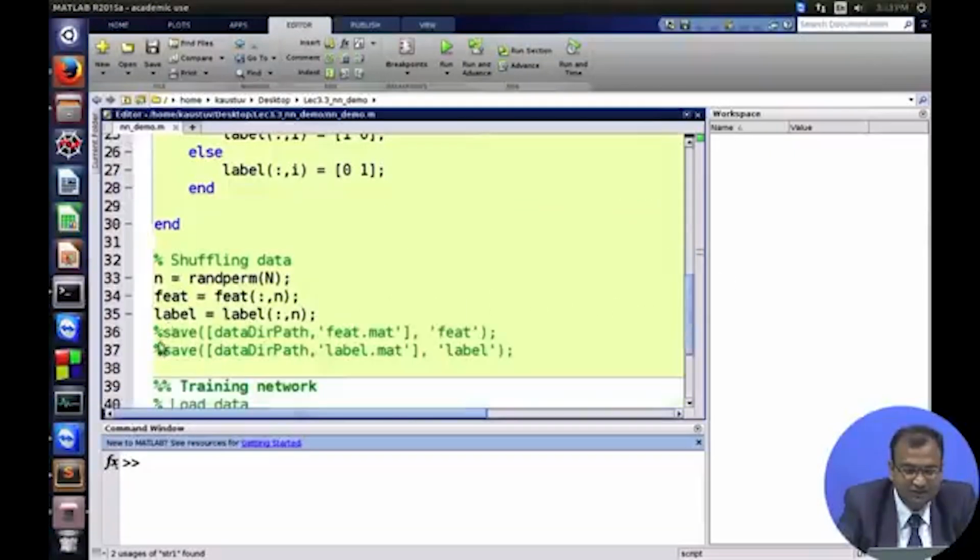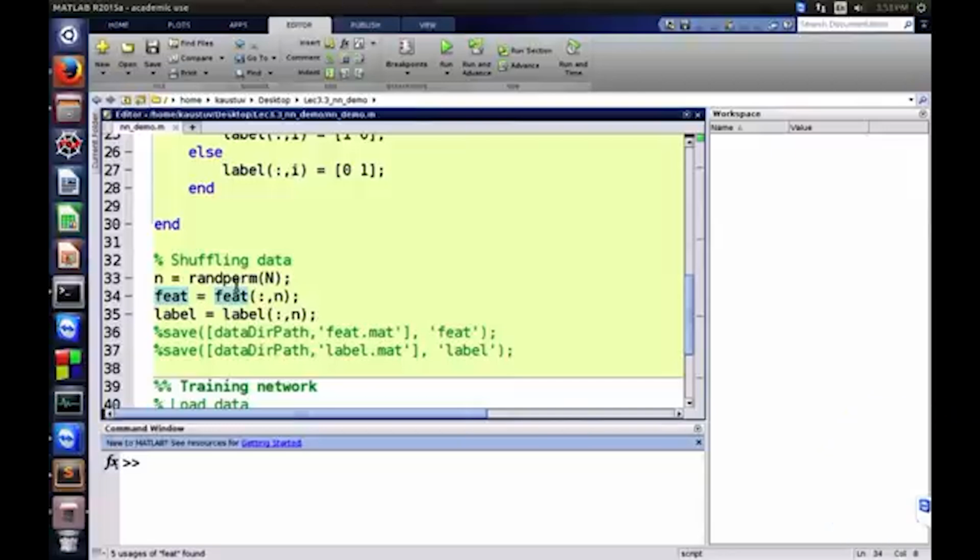The next part is that we randomly shuffle the data, and the reason for all of this shuffling is that we do not want to have a certain kind of ordering. If you look at those images, the first few images all belonged to the abnormal class, and the last few images all belonged to the normal class. So if I look at the whole gradient descent problem, first I will be training very much biased towards the positive class, and after that very much biased towards the negative class, which is normal. I don't want this kind of bias creeping into my system,